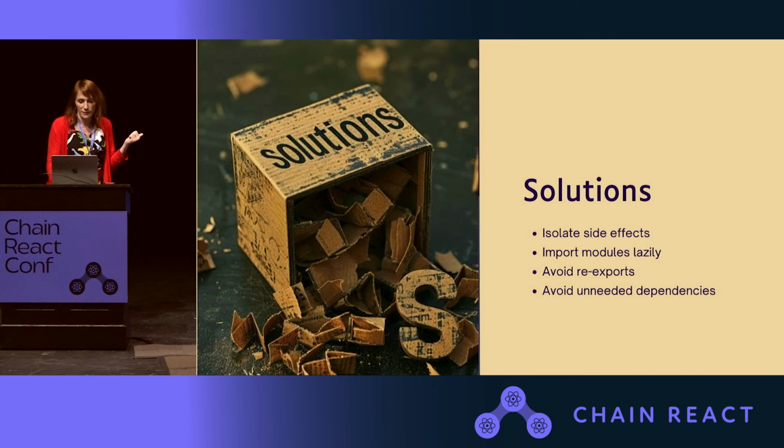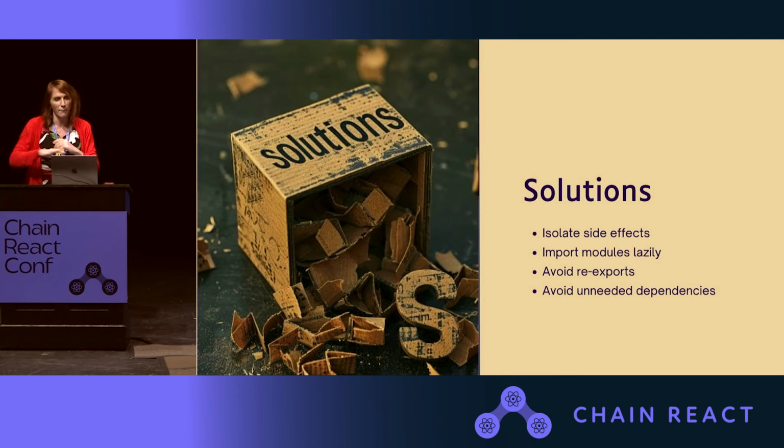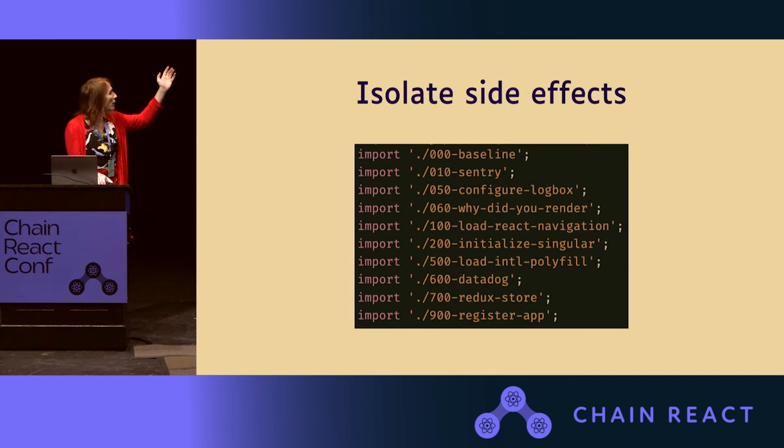Isolate side effects, import modules lazily, avoid re-exports, and avoid unneeded dependencies. Also, to reset context, this is specifically for React Native and not for React Native targeting DOM or even potentially targeting Windows or another non-iOS, non-Android target. So, isolating side effects. Here's roughly what we ended up with,